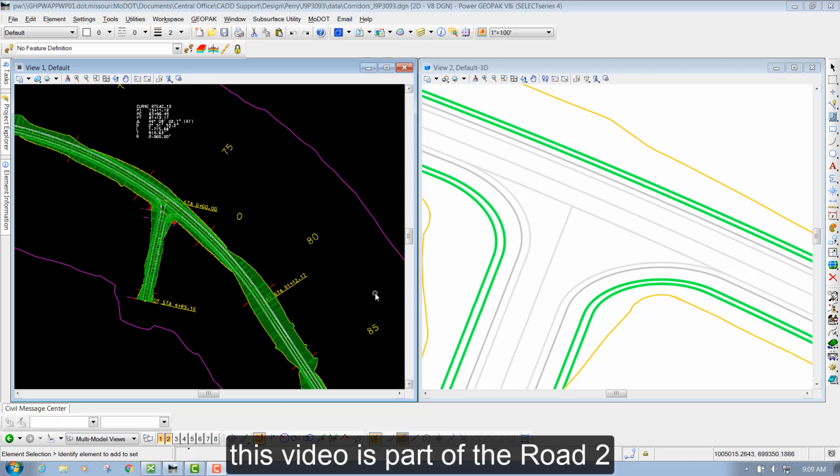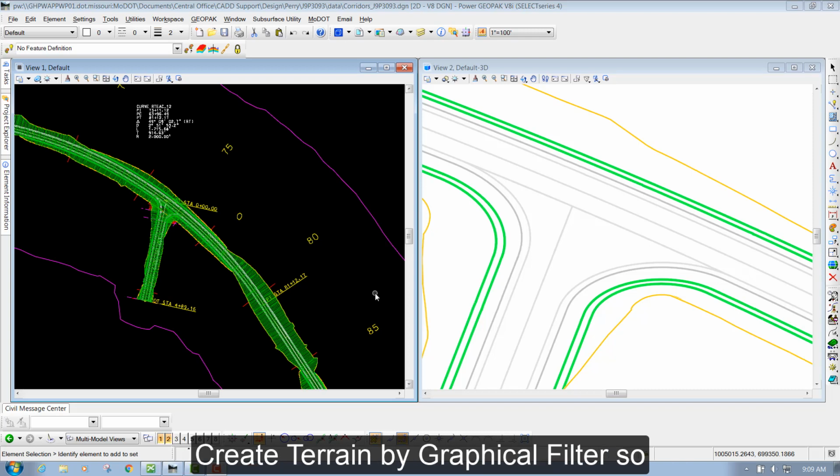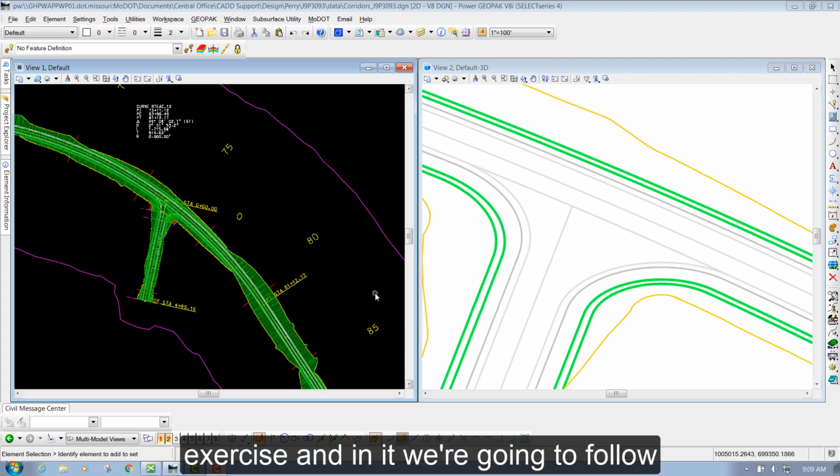This video is part of the Road2 Advanced Terrain Modeling Group Exercise, Create Terrain by Graphical Filter. So this is the third video in this series of 4. In this video, we're going to do that third exercise, and in it, we're